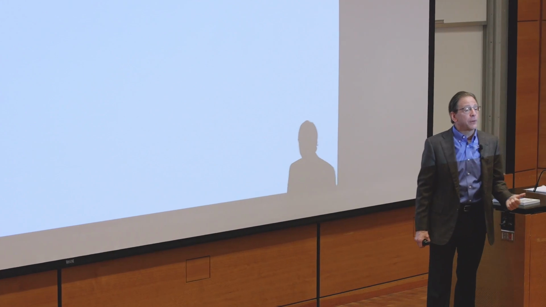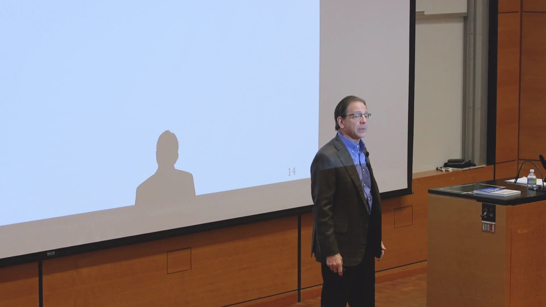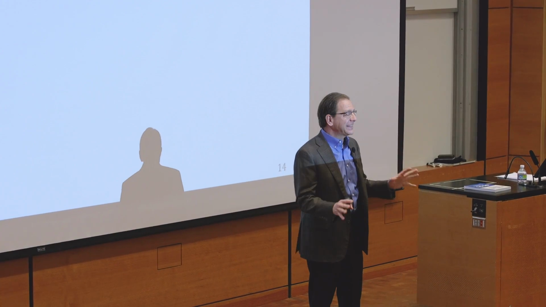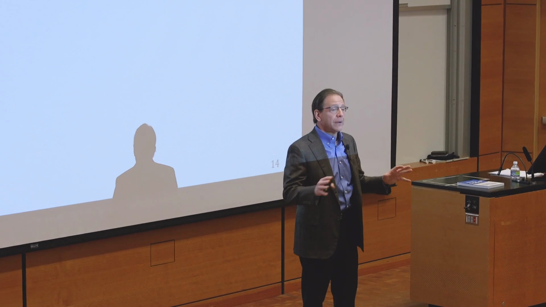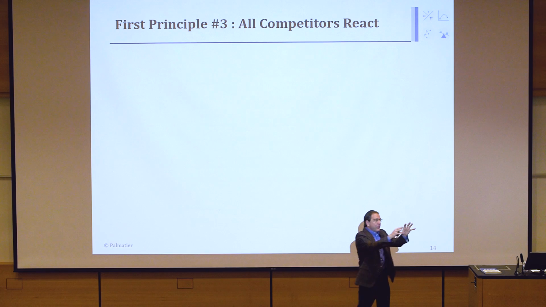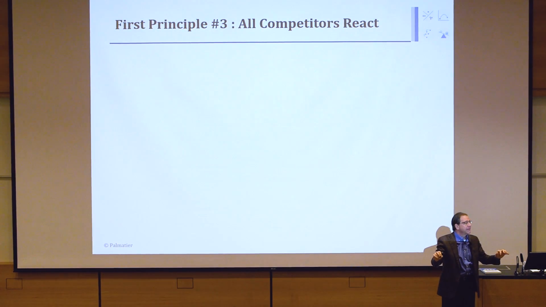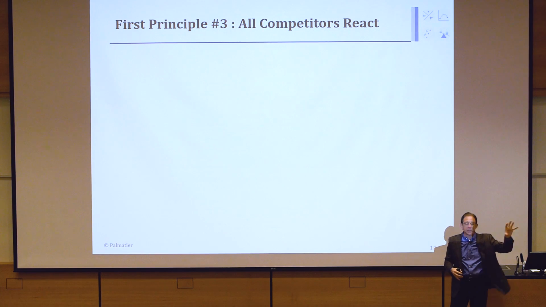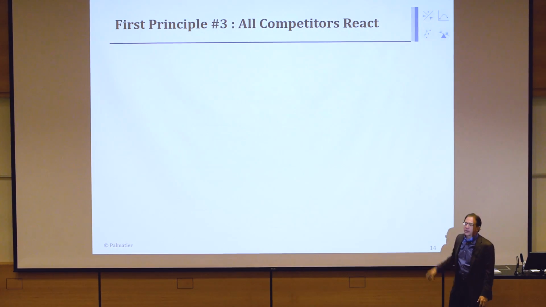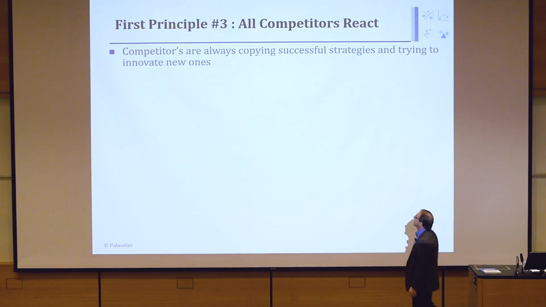First one's all customers differ, we manage customer heterogeneity. Second one, all customers change, we manage customer dynamics. Now the third one, let's say we do both of those things very well. First we segment the whole market. We go after sports car. Then we understand our sports car customers and how they migrate through their life cycle. And we're making lots of money dealing with the sports car. We know competitors are going to come after us. So next we're going to talk about what we can do.